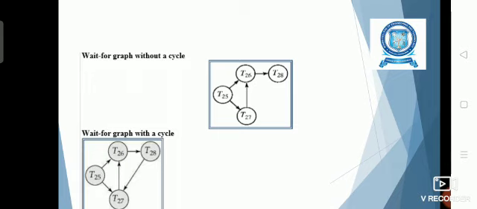And T28 is waiting for T27. So here none of the transactions can complete the execution because all are waiting for some other transactions. Also here they are just forming the cycle. So here the deadlock has arrived in between the transactions. So none of the transactions can complete, so locked data items can't be released by the transactions. So all will be in a waiting state. So this is an example for the deadlock situation.